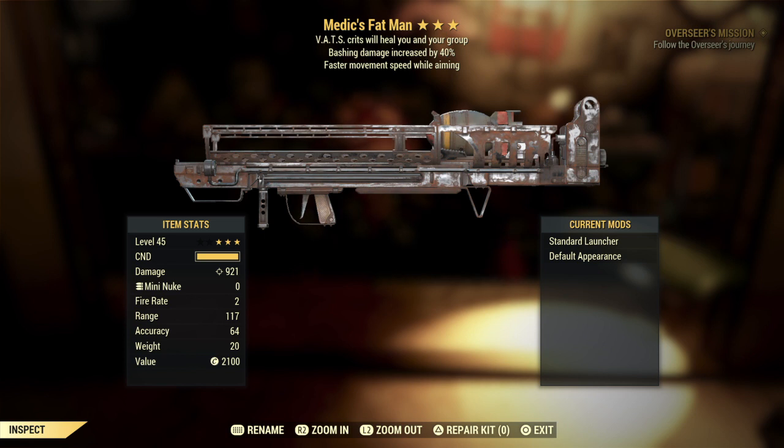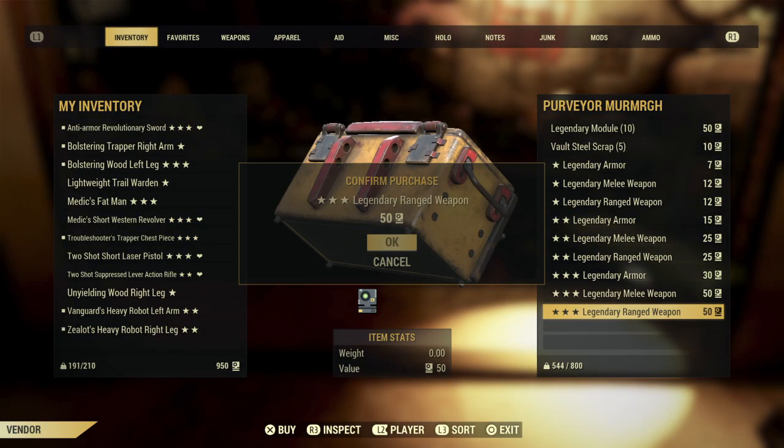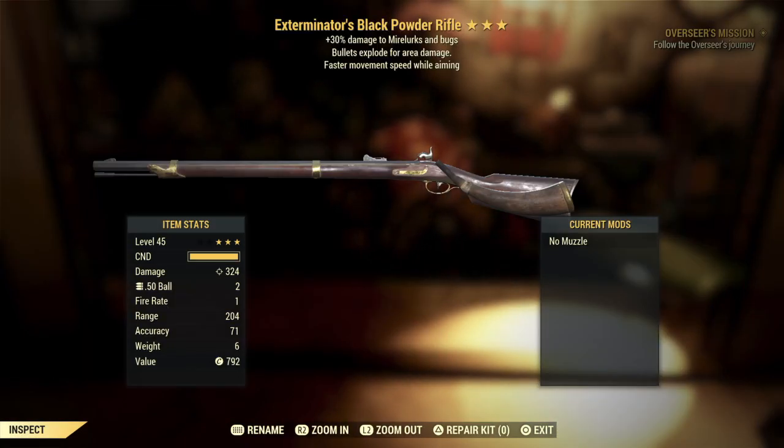VATS crits heal you and your group. Bashing damage increased by 40%, and fast movement speed while aiming. This is primed and set to stun for your food build. Have at it. A Blast from the Past, we got an Exterminator's Black Powder Rifle, plus 30% damage to Mirelurks